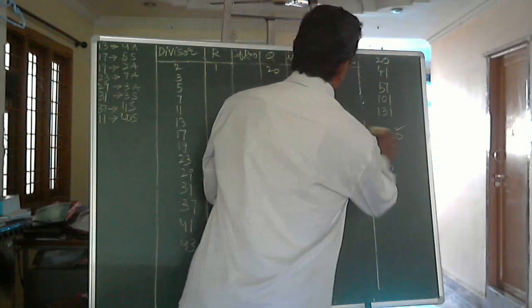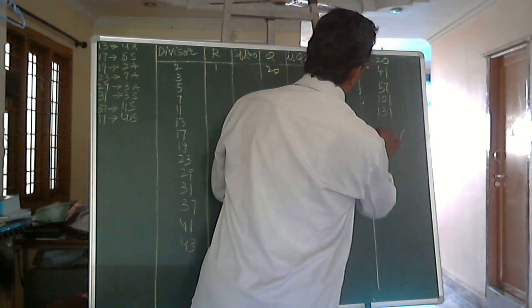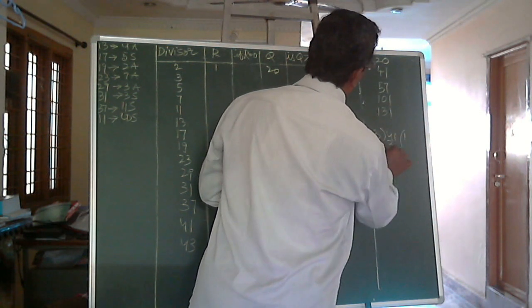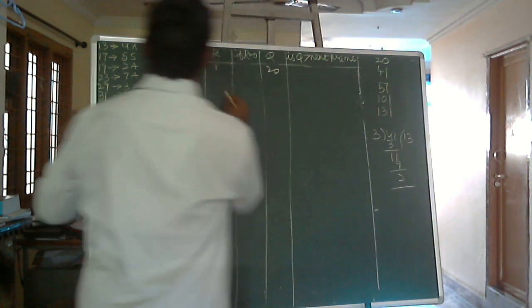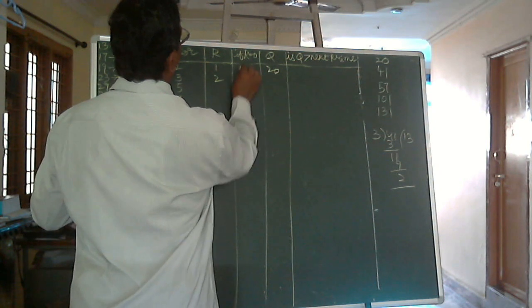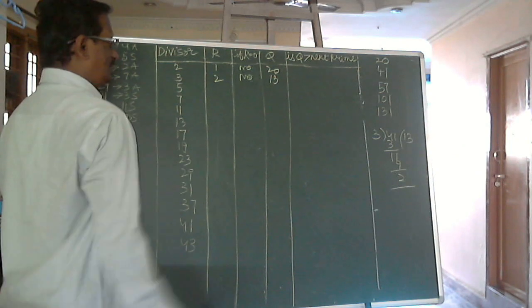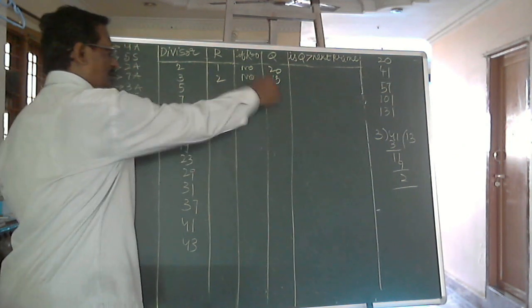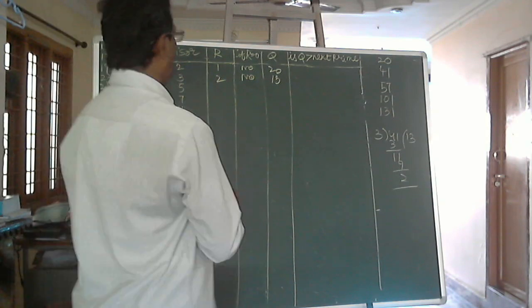With 3 on dividing, 3 ones are 3, 1 1, 3 threes are 9, 2 remainder. Here the remainder is equal to 2, which is not equal to 0. Here the quotient is 13. This quotient 13 is bigger than the next prime number 5. So further we have to do division by 5.